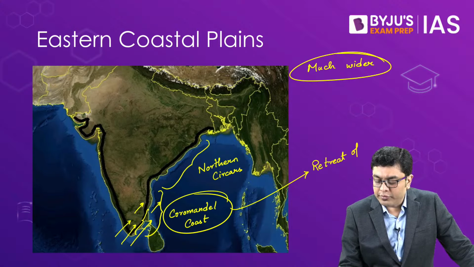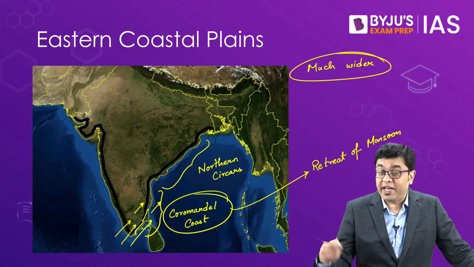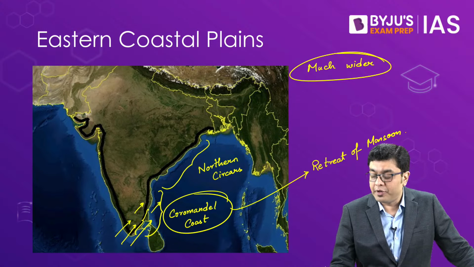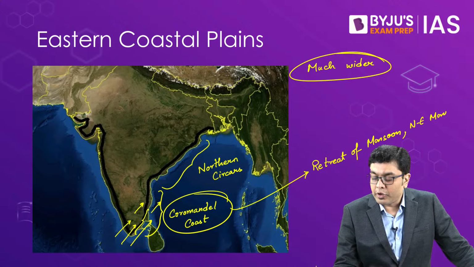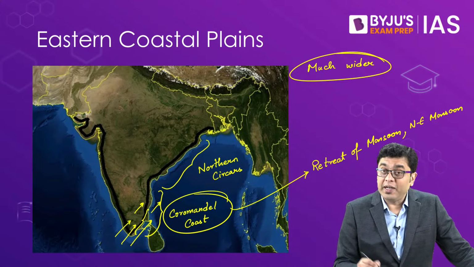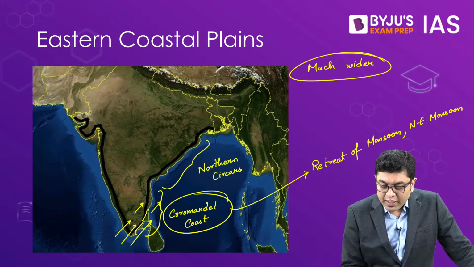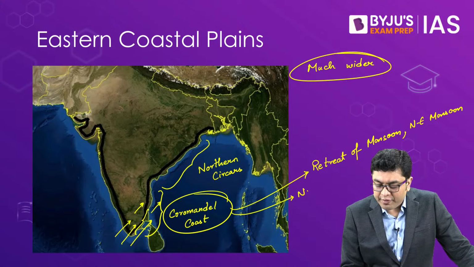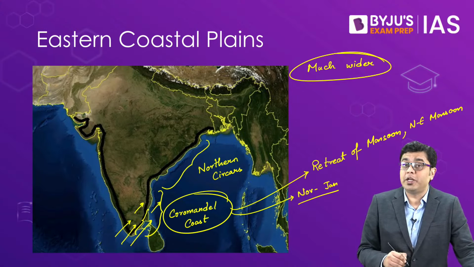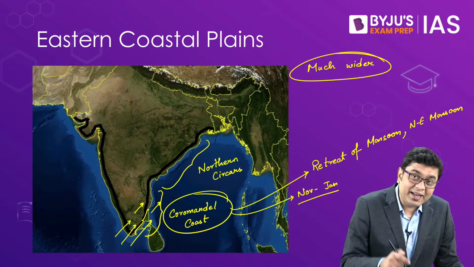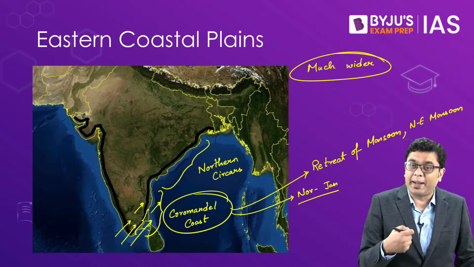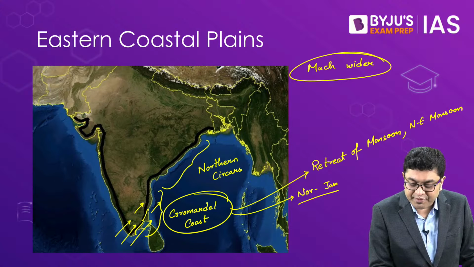Retreat of monsoon, and during what establishes later on by what we refer to as the northeast monsoon. So that is why the Coromandel coastline will receive rainfall in the months between November to January. Whereas when we talk about the region of the northern Sarkars, this in itself is further subdivided and further subclassified